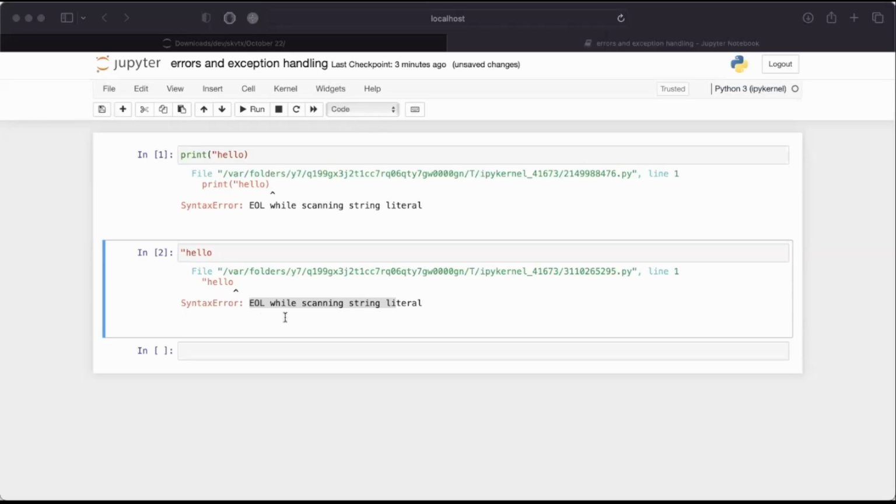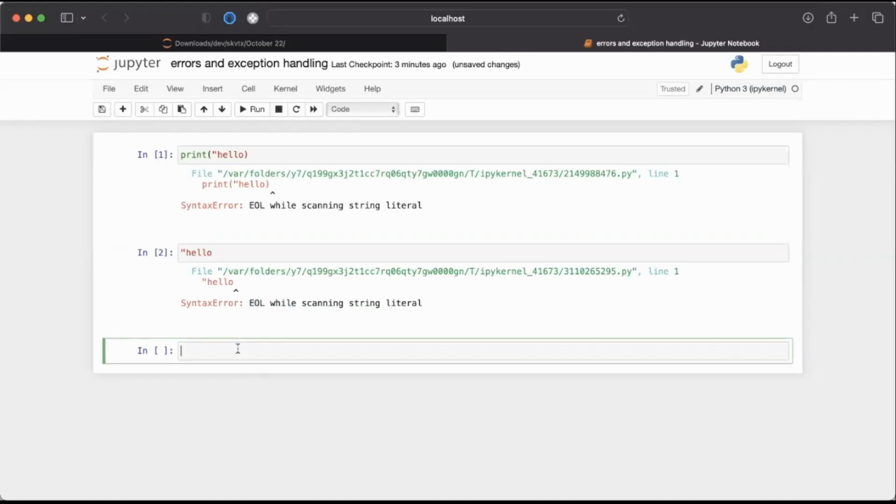This type of error and the description is known as the exception, even if a statement is syntactically correct. Now, in this case, you can see this is the syntax error. Syntax error will always come if you don't know how to write code, right? If you don't know how to create a dictionary, a list, how to write a print statement, how to create a string,